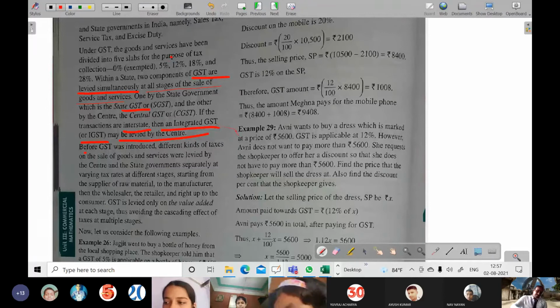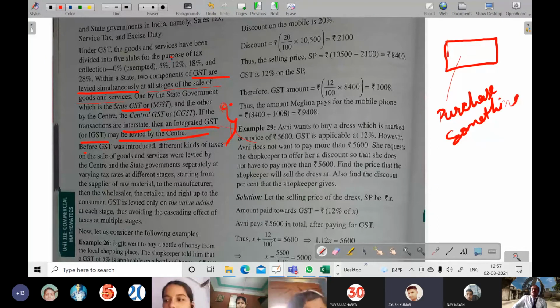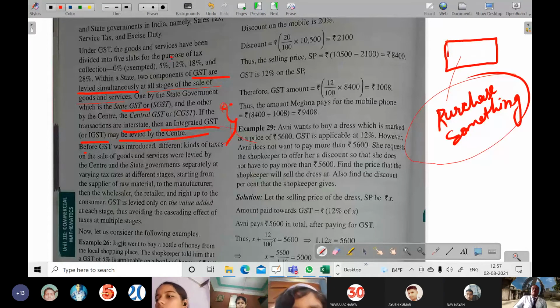Just see, that is only what I had said. But for many things there is no such thing. Like, of course, if you purchase something in villages, do they give you a GST bill? No, sir. Even sometimes they do not give any bill itself. Yes, sir, bill is also not given.